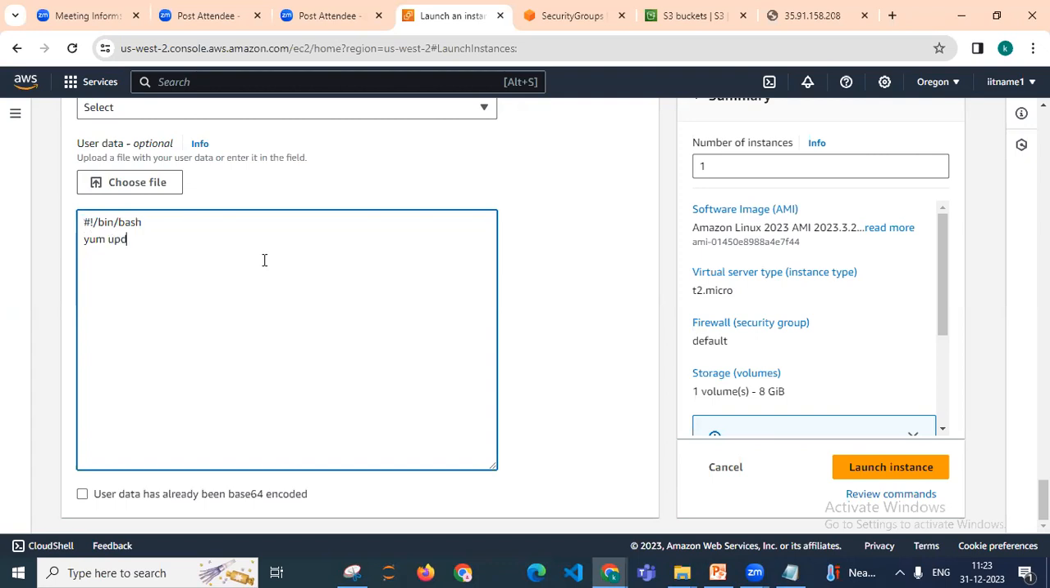yum update -y. That means whenever the instance launches, after that you have to update the instance with the latest version, in case there are any security issues or patches. The good practice is to update your system, right? So the first command is yum update -y. yum is a package manager kind of thing, and it is accessible when you choose an EC2 Linux based instance, right? And then you have to write yum install